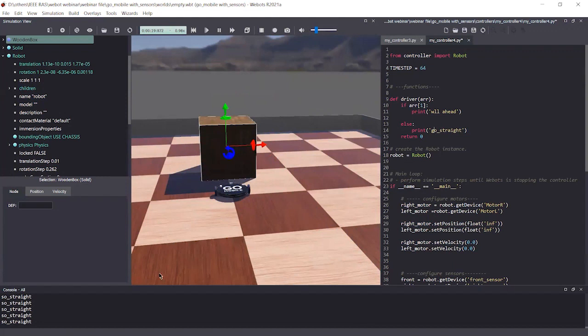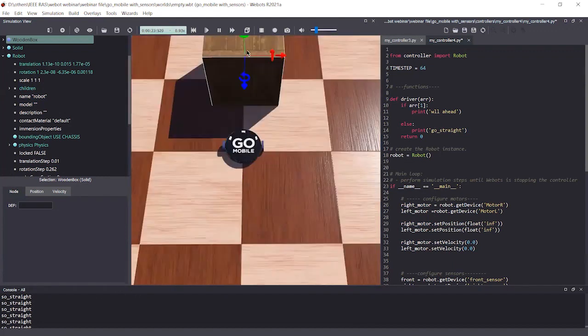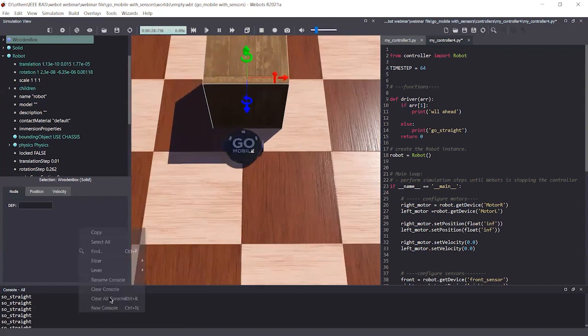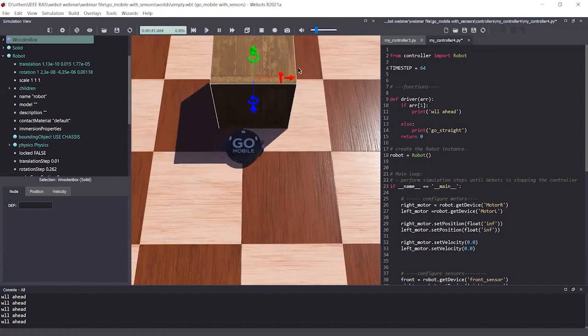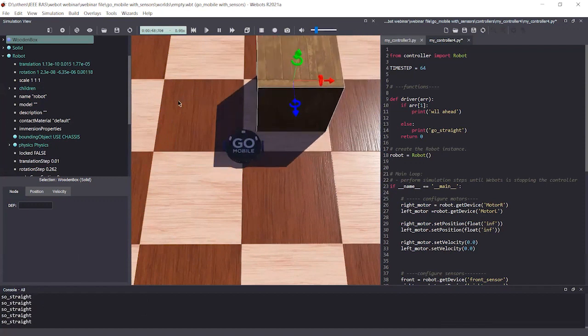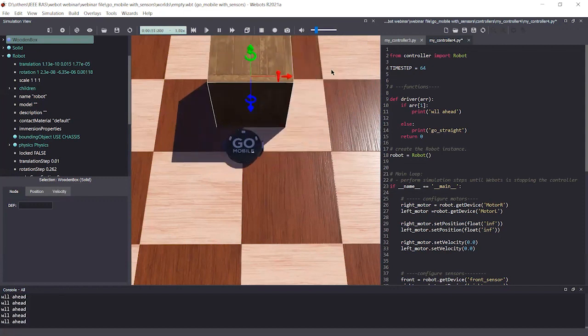Now what the driver is saying is, okay, wall ahead. Now you can see, right? So if I remove this wall, you can see go ahead, and now wall ahead.